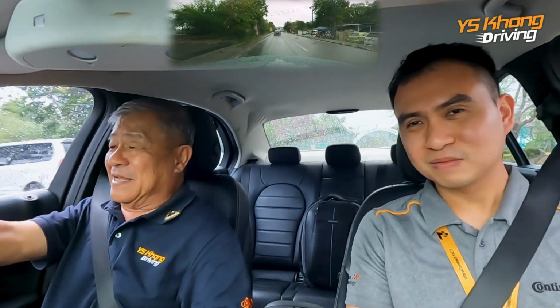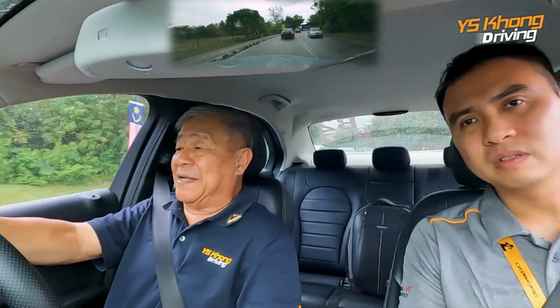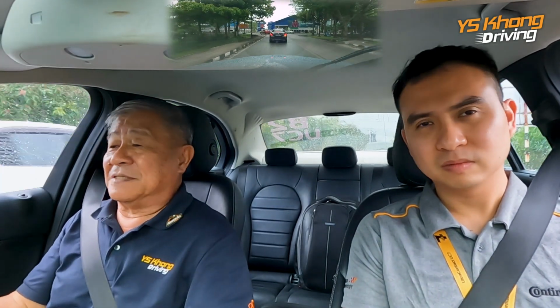Basically, it is the compound, which is the DNA, right? Correct. And from his description, it looks like there is some synthetic stuff inside there. What they have done as an improvement over the UC6 is that it has the same mileage properties of the UC6, but it has better wet grip and also better braking as a result of the compound. And of course the wet road grip is also due to the tread pattern, yeah? And they have